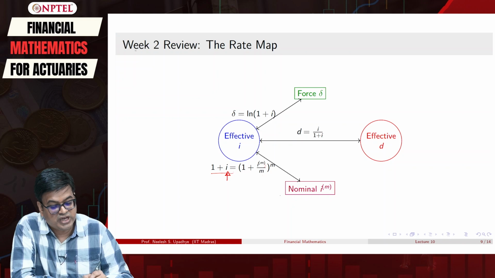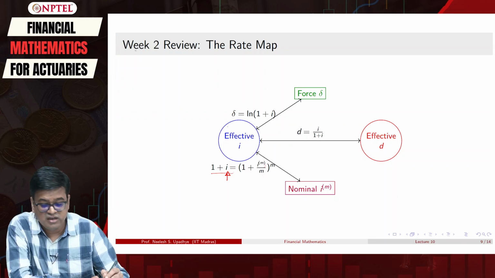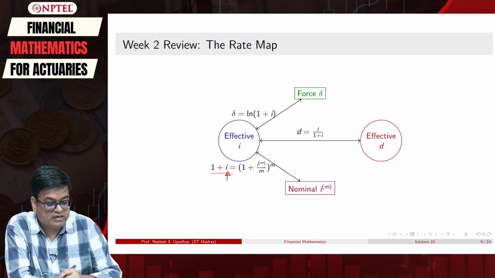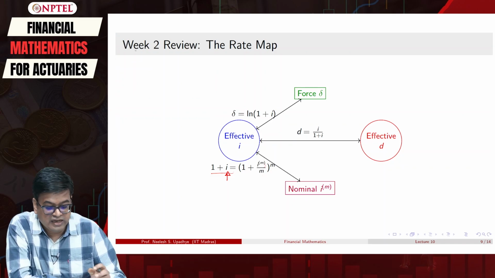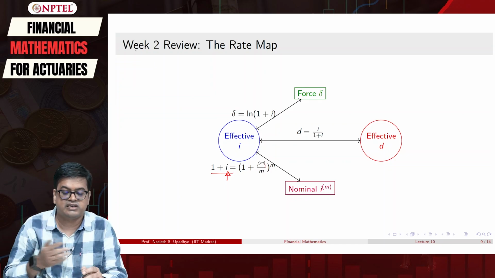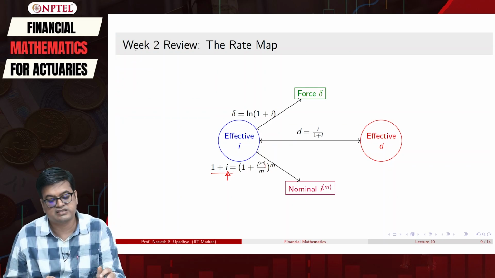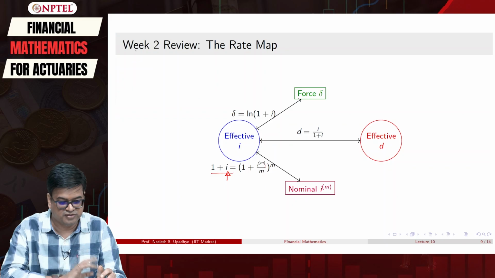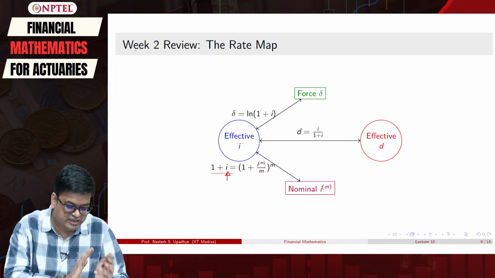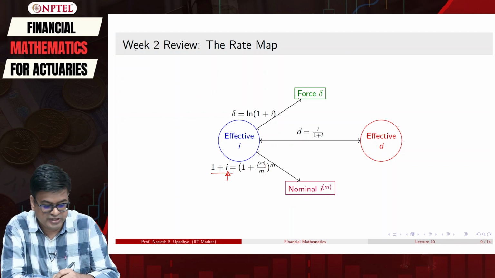After doing this, we analyzed a lot of things with discounting, and we analyzed similar relations as we analyzed for effective i, for effective d. We established a bridge between i and d by using the formula d is equal to i upon 1 plus i. Here the only thing is that interest is taken at the beginning if I am discounting, and if I am considering interest rate, then interest is given at the end of the period. Based on those derivations, we have various similar formulations for effective d.